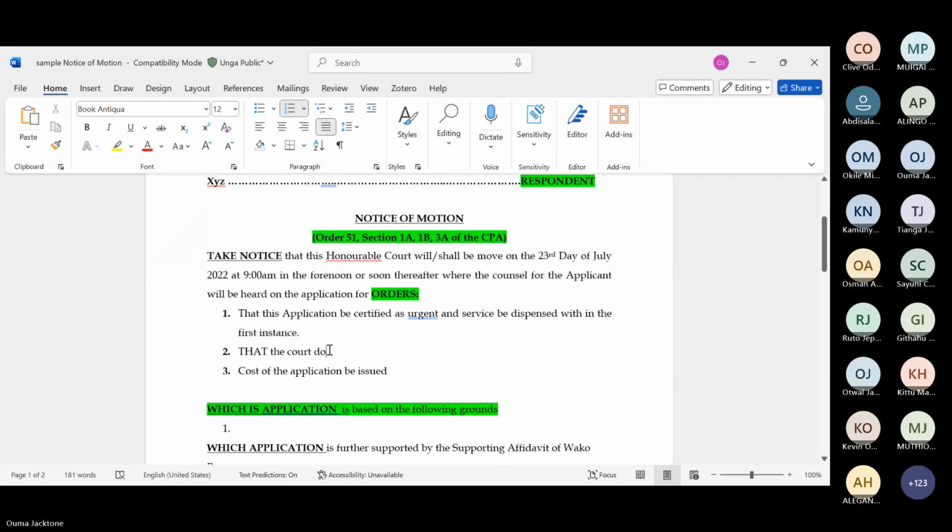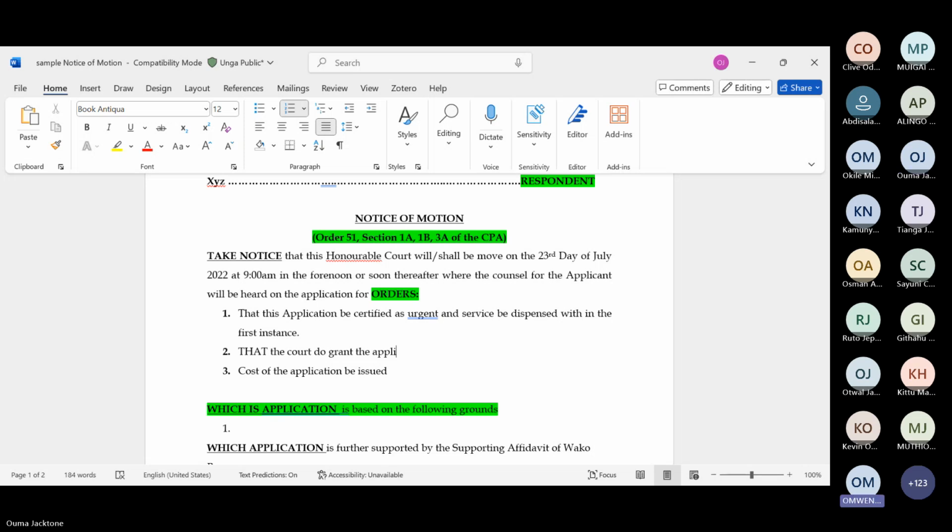That the court do grant the applicant an order to enter, search, and seize, maybe, let's say it was an AK-47. Stick to documents.